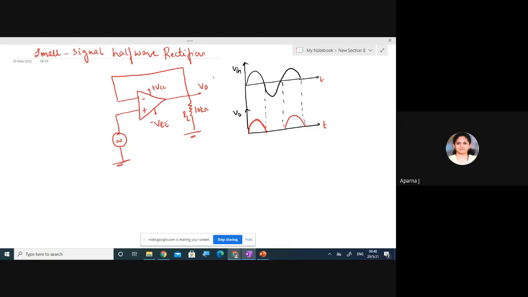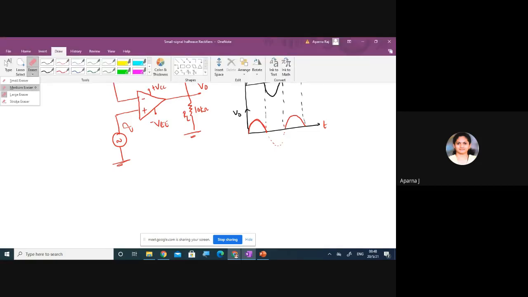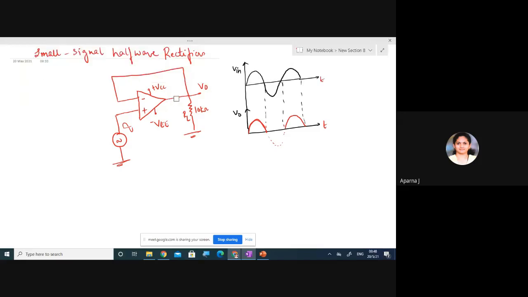Okay, but if I have such a circuit, this is actually a voltage follower. Output is fed back to the input. So for a positive cycle, when I apply, I'll get a positive cycle at the output. And when I apply a negative cycle, again I'll get a negative cycle here. But I don't want this negative cycle. I have to eliminate this negative cycle. So hence, I will be connecting a diode at this output point.